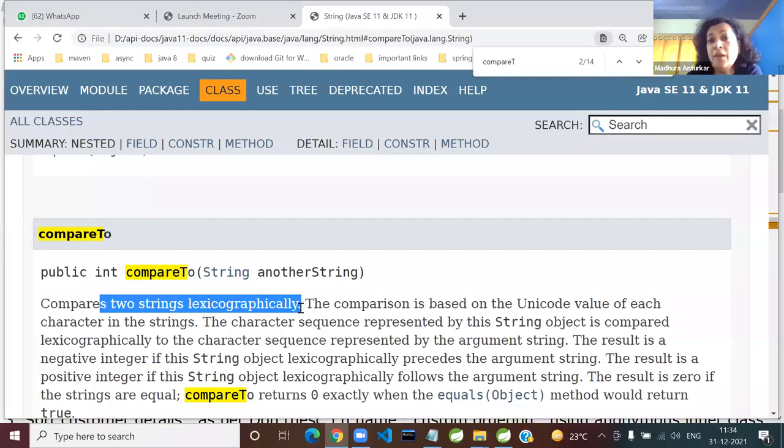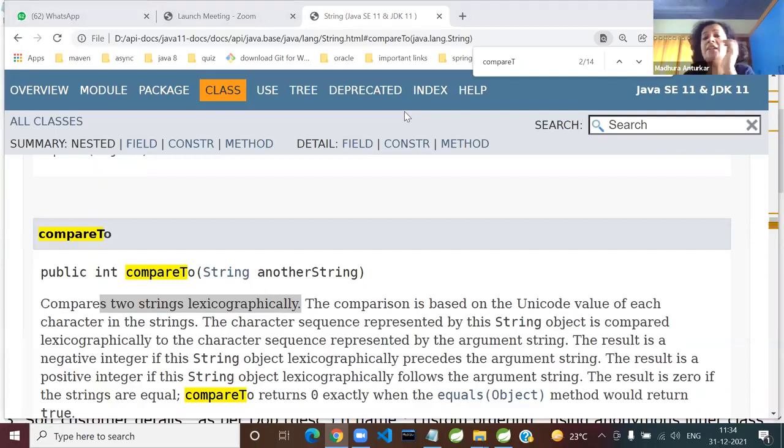So let me ask you, if the two email IDs are abc@gmail.com and xyz@gmail.com. So if I say abc dot compareTo xyz, what will it return? Positive number, negative number, or 0 value. abc dot compareTo xyz. Answer is, don't say -1 because it's the difference, negative number you say.